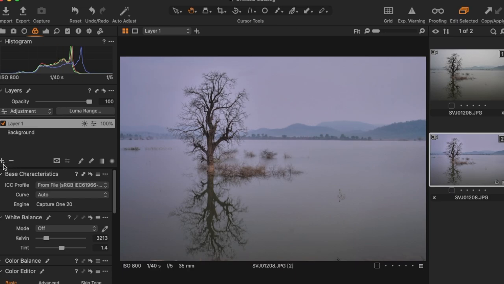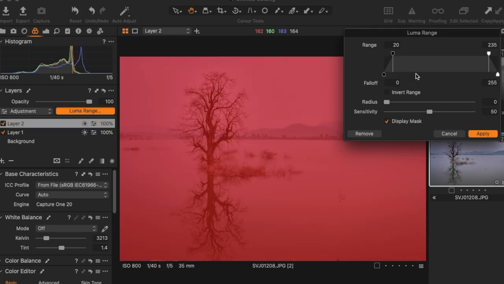Now again let's add one more empty layer. Now guess what we are going to do in this layer? We are going to work on the tree. So same range, take the slider to extreme 0.